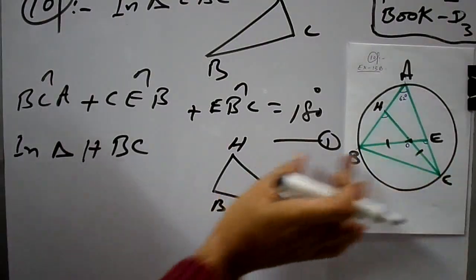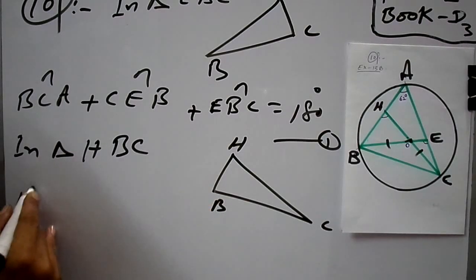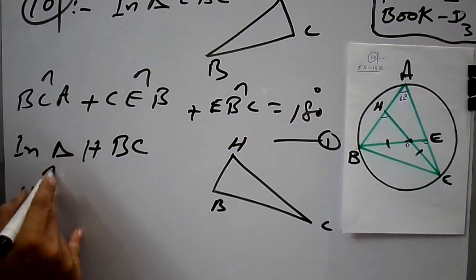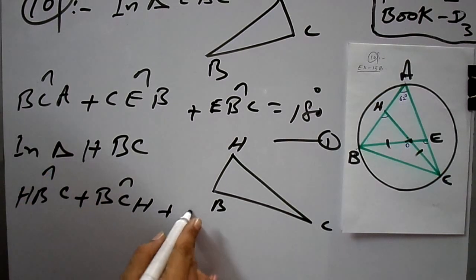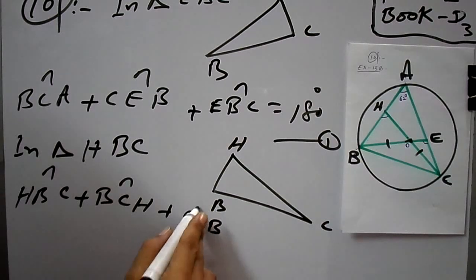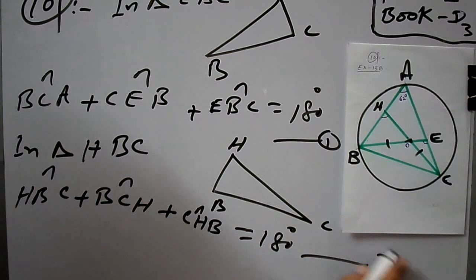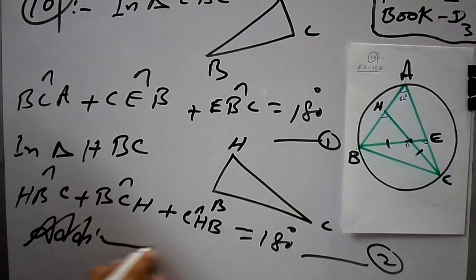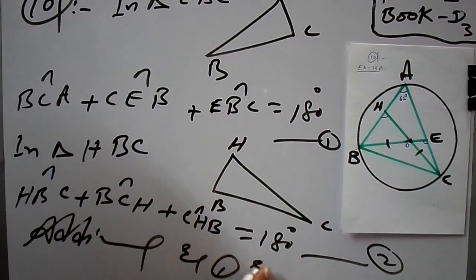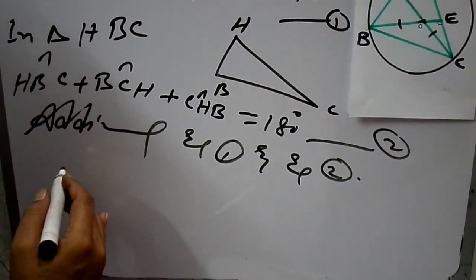So when you cut the triangle from the given diagram, you can see in this triangle once again that HBC plus BCH plus CHB is equal to 180 degree. That is your equation number 2. So adding equation 1 and equation 2, you will get